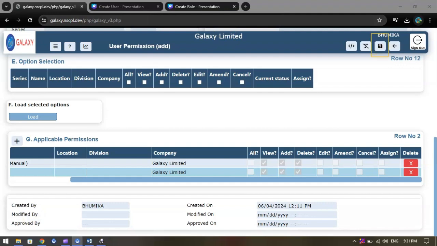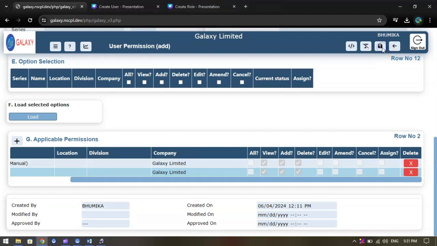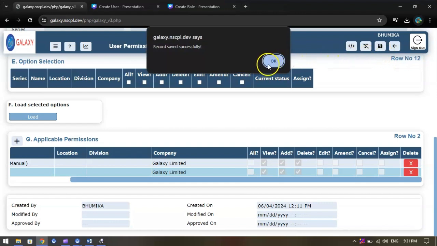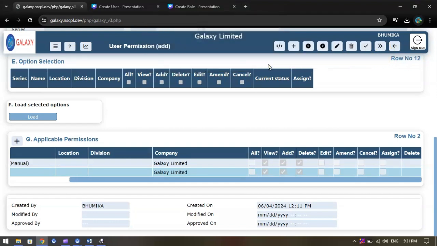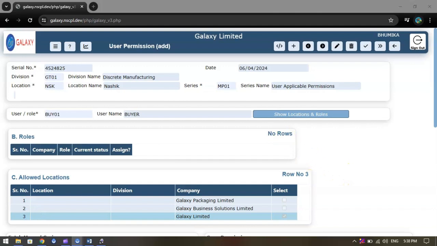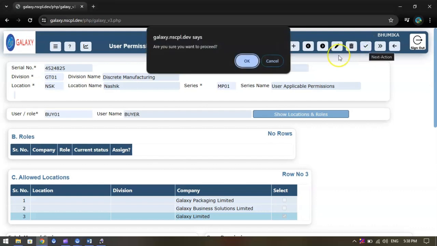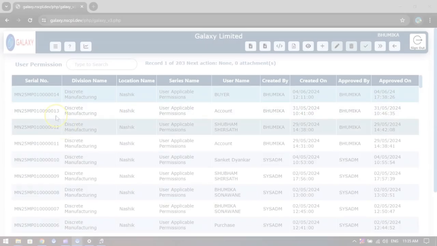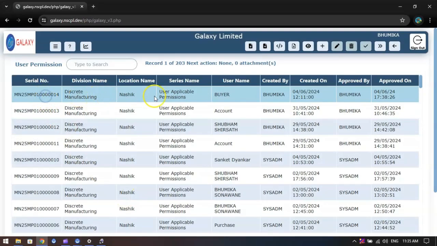Save the transaction, and the message visible will be Record saved successfully. Approve the transaction to finally post it. We have now created a role with relevant access permissions.